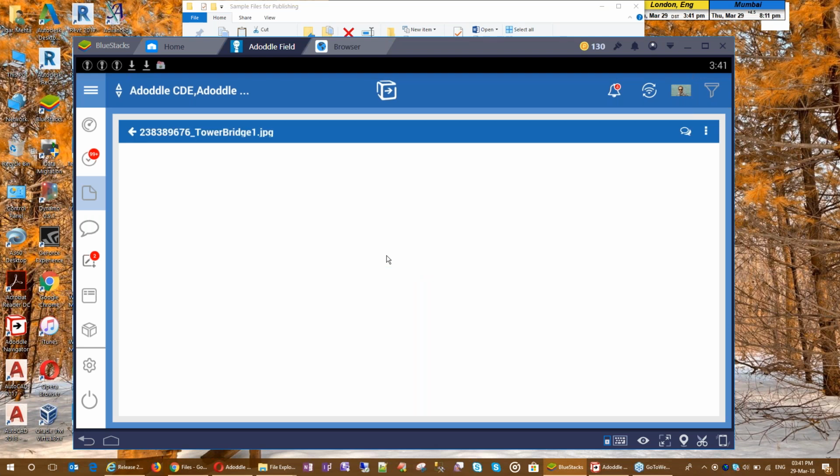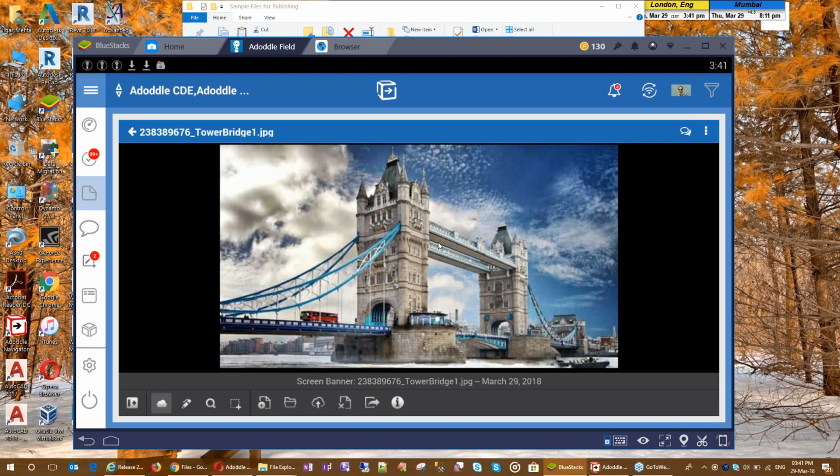Based on the size of the files or the content of the files, or if it's a CAD file with lots of pages and lots of references in it, it may depend on your data pack or the network reception. However, it should be improved and much quicker to load. Please bear in mind, once you view the files, you could continue using the standard tools of markup, annotations, creating discussions or comments, as well as